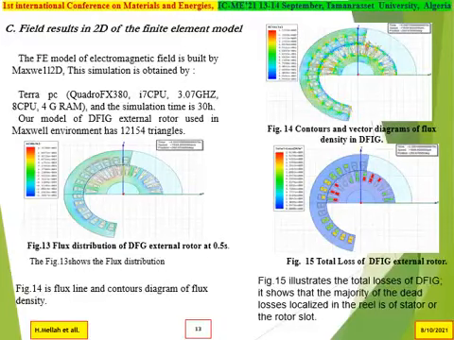Field results in 2D of the finite element model. The finite element model of the electromagnetic field is built by Maxwell 2D. This simulation is obtained by a PC with these characteristics: CPU, RAM, etc. Our model of the double fed induction generator with external rotor used in the Maxwell environment has